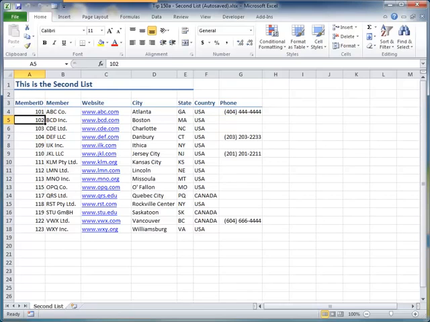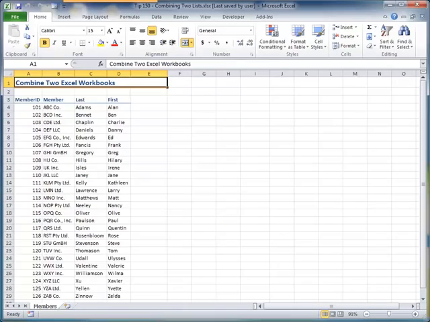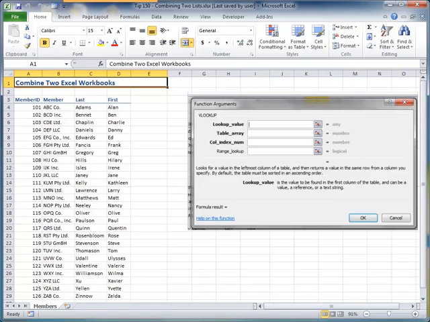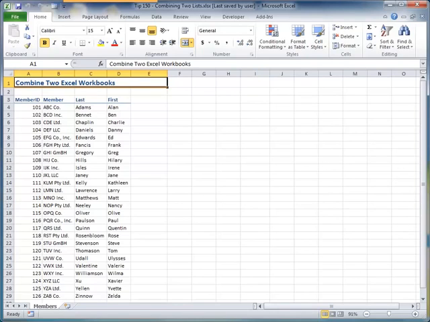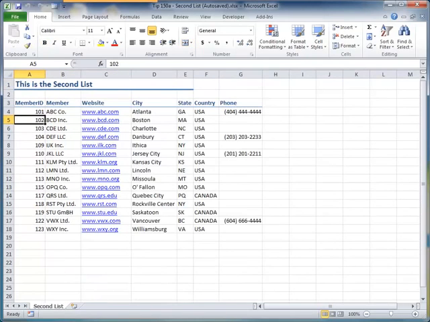So knowing that both worksheets contain a common field, member ID, my approach in combining them is to use the VLOOKUP function. All right, first order of business: when I look at the second workbook, it's going to be a lot easier if I make this a worksheet inside workbook number 1. So the easiest way to do that is to select the label for the worksheet,